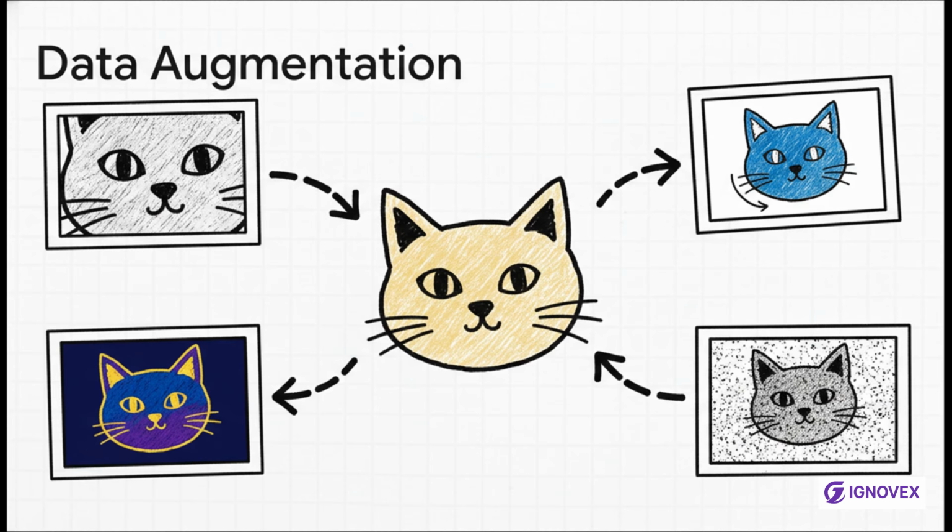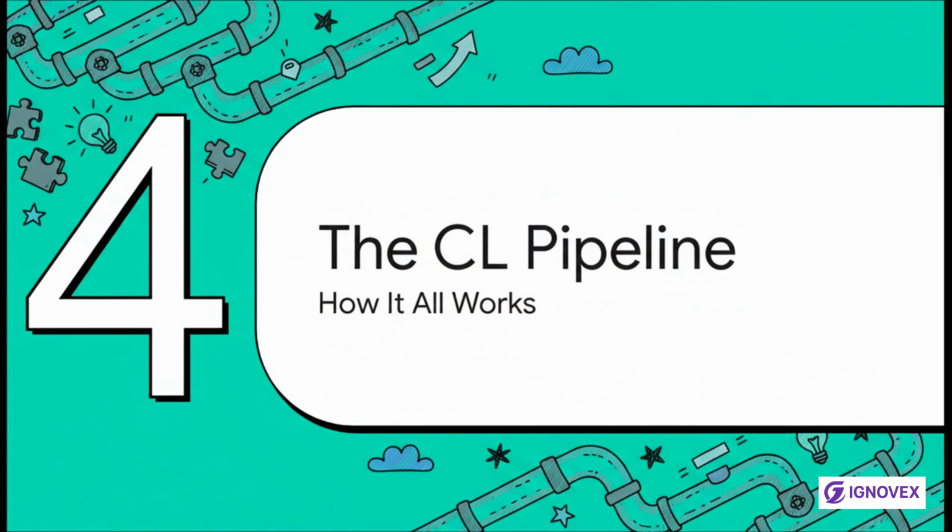By showing the model all these different versions and telling it, hey, these are all the same thing, we force it to ignore the superficial stuff, like the color or the angle, and learn the essential unchanging features. It learns the very essence of catness. Okay, so we've got the building blocks. Now let's put them all together into the full contrastive learning pipeline and see how this thing actually works step